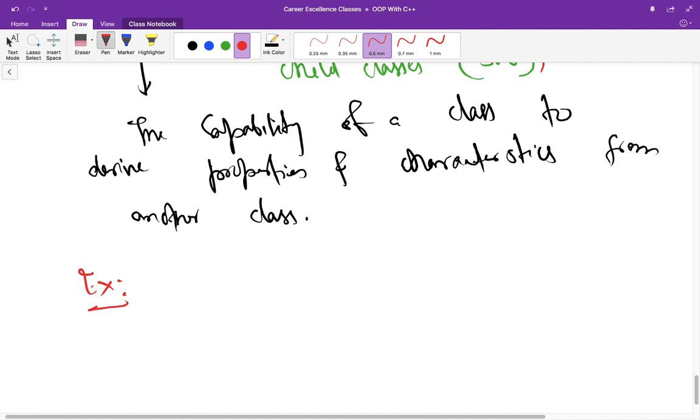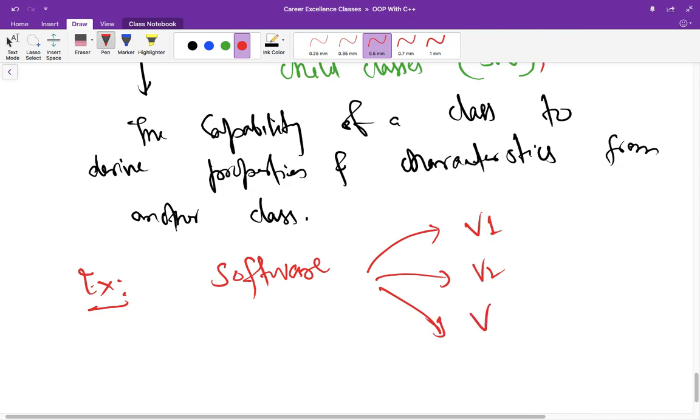When you are writing some software, you must have heard that we are getting version 1, version 2, version 3, or maybe in between version 1.1 or 1.2 and so on, and similarly version 2.1 and version 2.2 and so on. How are these things executed?